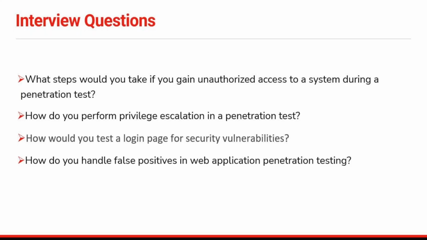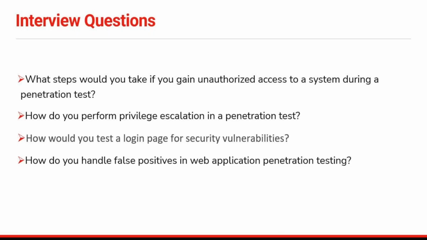Then you will test for brute force protection, right? If an attacker tries multiple passwords, is account lockout there or not, whether the account is locking you out after multiple failed attempts or not. Then you can look for access control and privilege escalation also. Login bypass using direct URL access or role-based access control misconfigurations can be there, so you will test for that. So these are the things that you can test